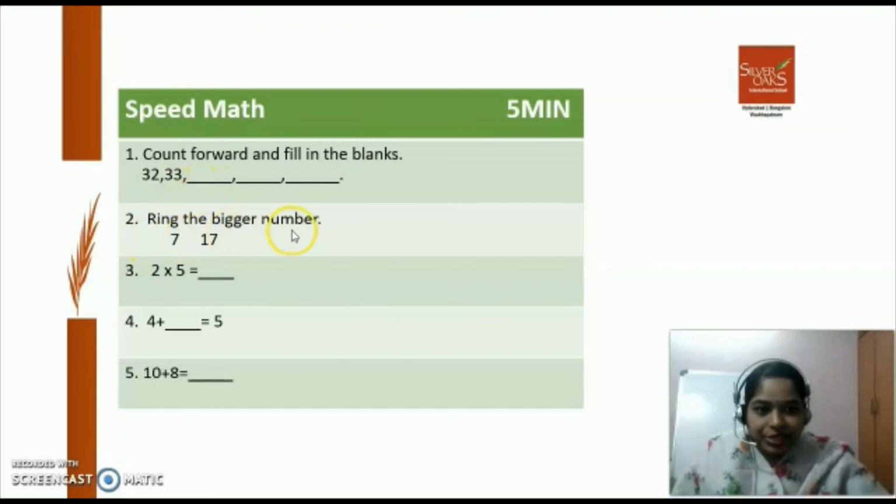The second one is ring the bigger number. Next is 2 times 5. 2 into 5. Do you remember this numerical operation? This is multiplication. You already learned 2 table, right? You can write the answer very easily. 4 plus dash equals to 5. Equivalence, the number combinations of 5. Okay. Next is 10 plus 8. Try to solve this in less than 5 minutes